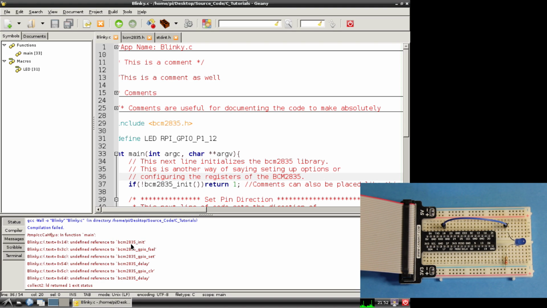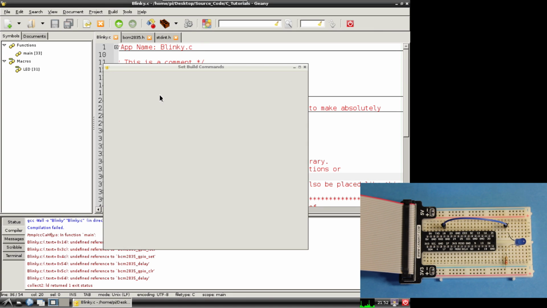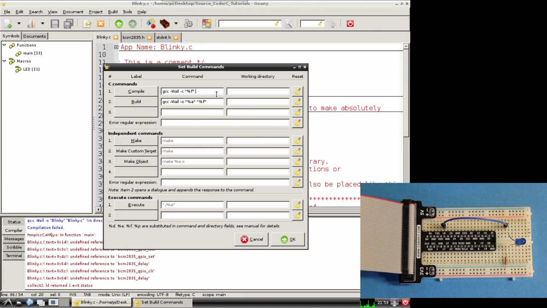It doesn't know what I'm talking about because I haven't told it to go get that file. To change that, we can go back up into build, set build commands, and it's -L BCM 2835. Yeah, I think that's it right there. I don't think we need the H. It's -L